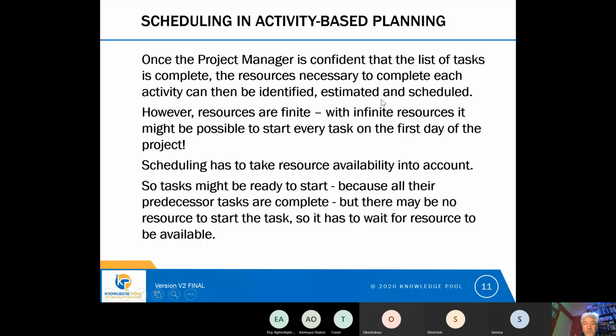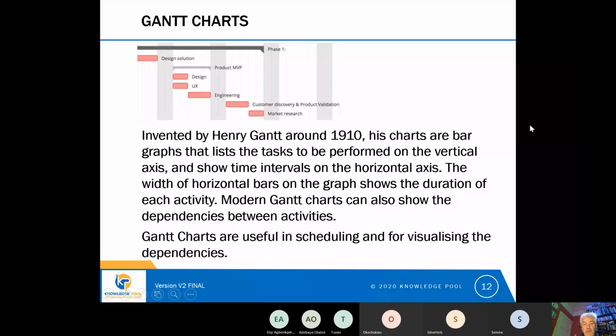So we need to think then about how we schedule. And I mentioned earlier that there's been some scientific study of project management as a discipline. And in around 1910, a chap called Henry Gantt invented a bar chart. And these Gantt charts, as they were called, they basically show our list of tasks that need to be performed to deliver the project on the vertical axis of the chart, and they show time as the horizontal width of bars on the graph,